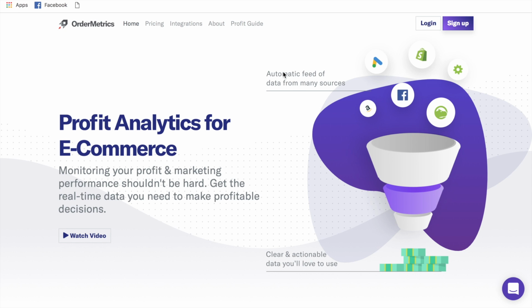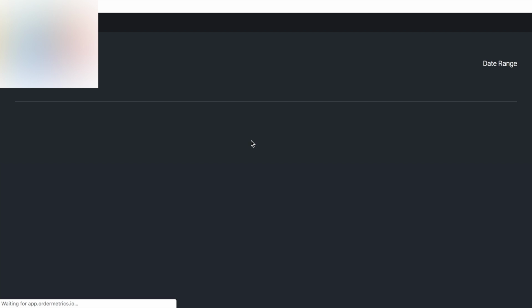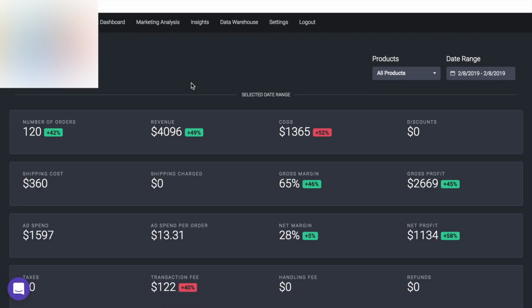app which tracks profit and losses in real time. So it tells you your cost of goods sold, your Facebook ad spend, your revenue, your gross profit, your net profits, all these metrics in real time, and it just updates automatically as it syncs with Shopify and your Facebook ad account. So if we just log in, you'll be able to see my dashboard, and you'll be able to see what metrics it tracks. So it's a great app, and it's super useful for keeping up to date and knowing exactly where